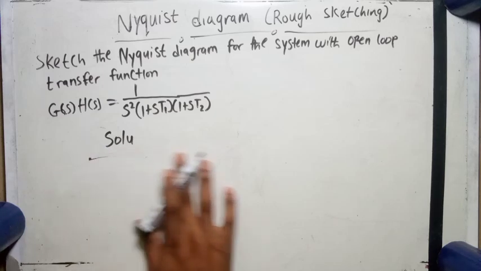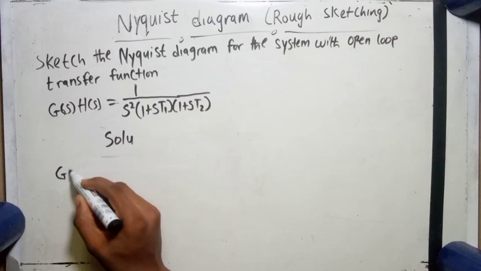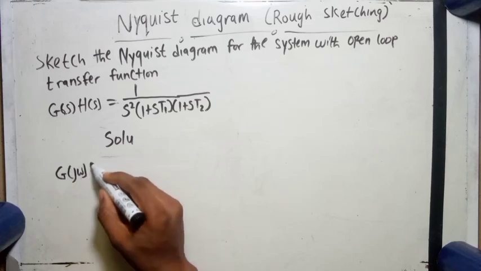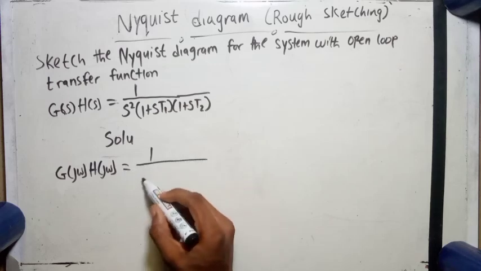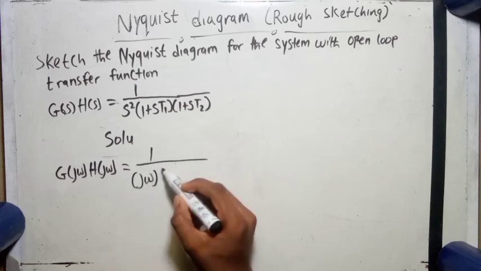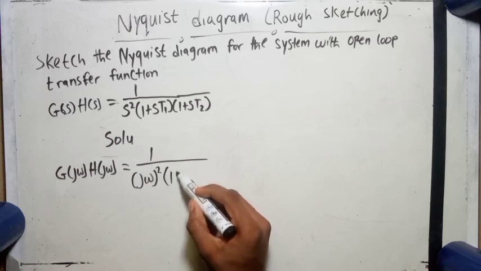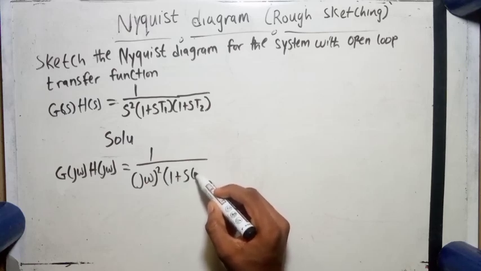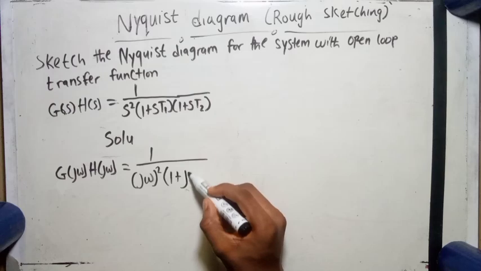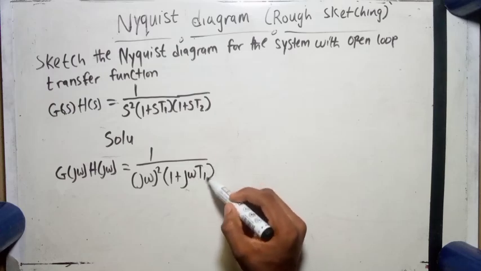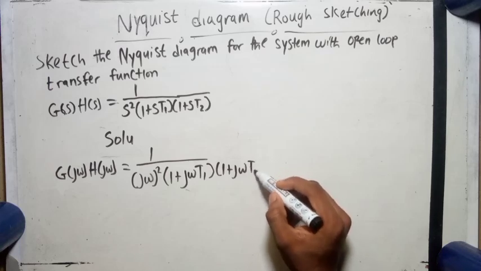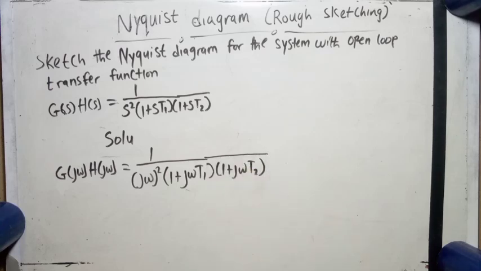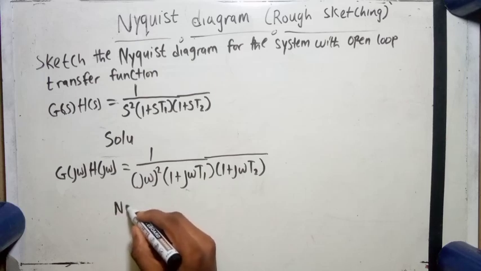Sorry, this is the wrong presentation. Now for our G, converting to the complex frequency domain, we have 1 over (JW) squared times (1 plus JWT1) and (1 plus JWT2), right? Now from here we know that our N is